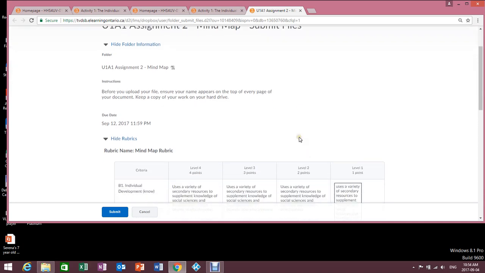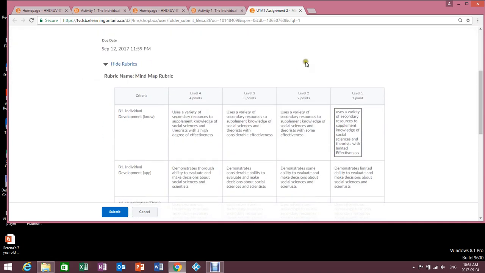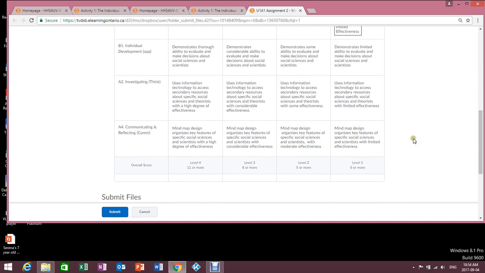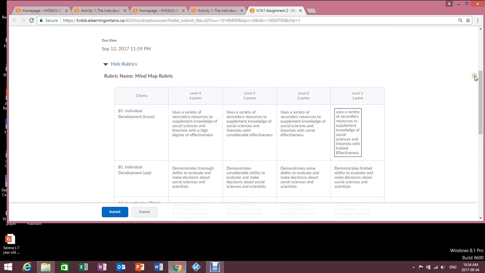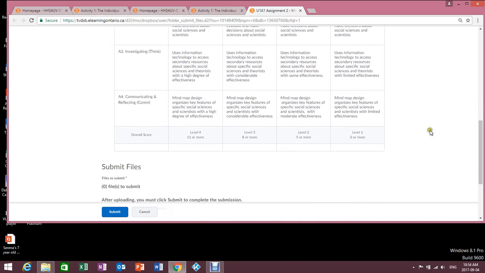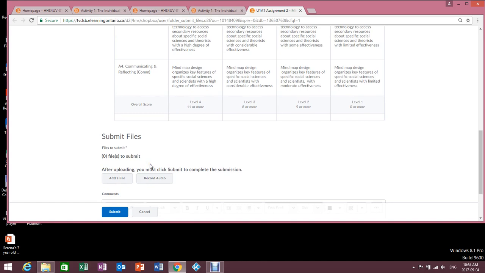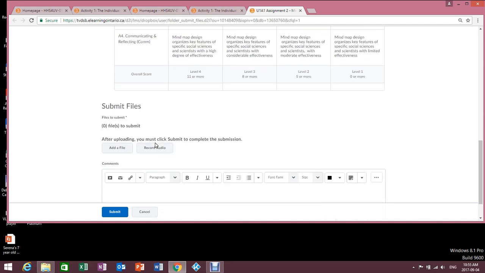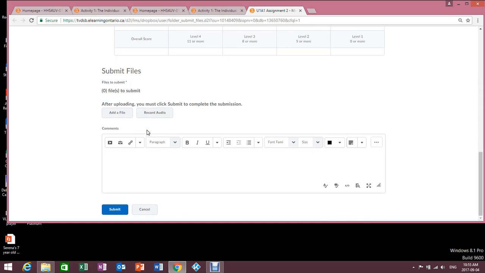Sometimes it'll have the actual rubric listed within. These rubrics tend to be a little bit generic. Sometimes there will be a more specific rubric. Just make sure you are following the criteria. Again, to achieve a level 4 in any assignment, it's expected that you're going above and beyond expectations. Make sure that you do what I've asked, and then even go above and beyond, especially for those who are achieving or looking to achieve the 90+ percentage range.